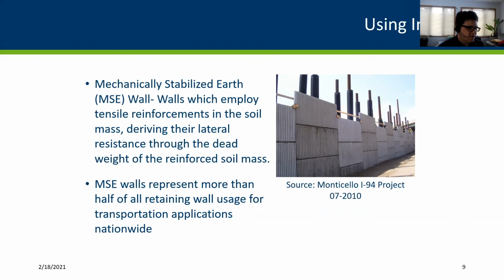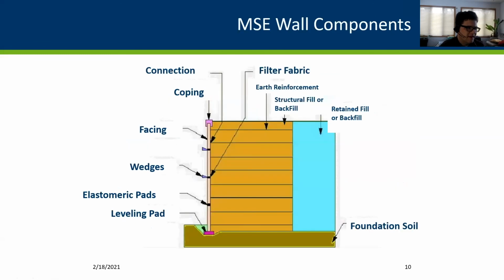Nationwide, they're beginning to represent more than half of the walls that are built. Not quite there in Minnesota, but will eventually follow that trend. And part of it is just simply the materials you're using. Concrete, you have a mix design. There's a lot of components that go into it. For an MSE wall, the biggest component is the earth fill. And earth compared to concrete is cheaper. So they're less expensive in that sense.